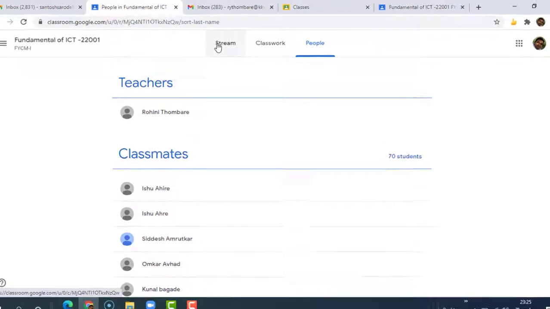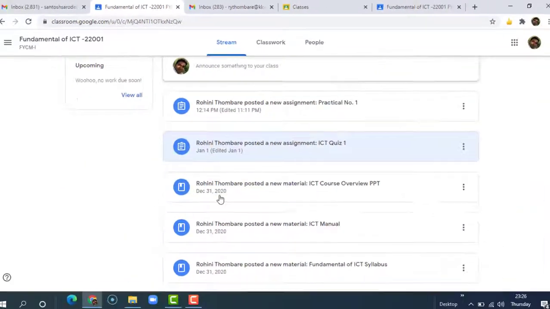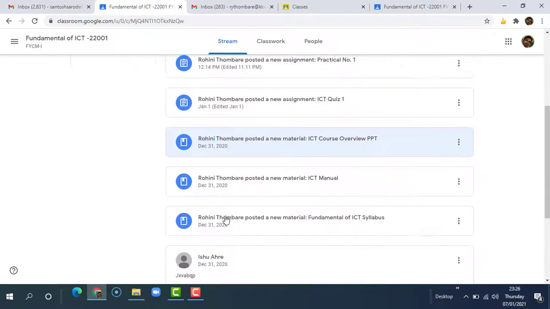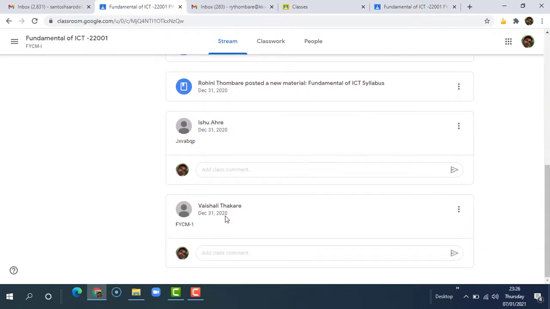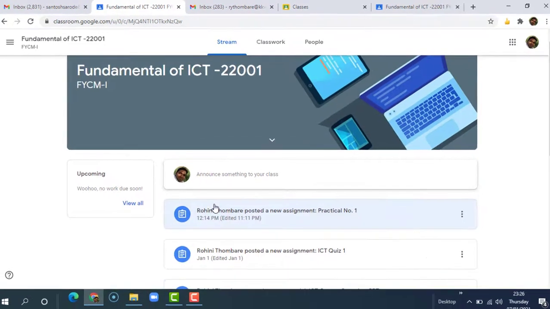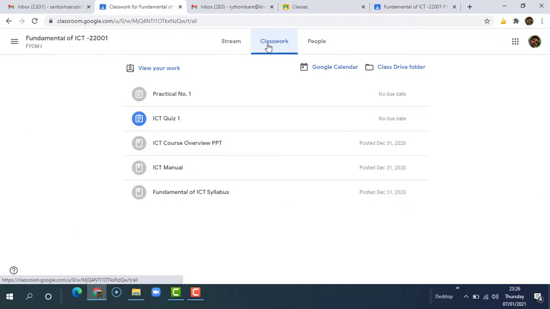So when you click on stream, it will display whatever information, quizzes, or assignments are posted by the teacher, or what type of actions you and your classmates perform in this classroom. Second one is classwork. When you click on the classwork tab, it will display all the different types of work assigned by your teacher.